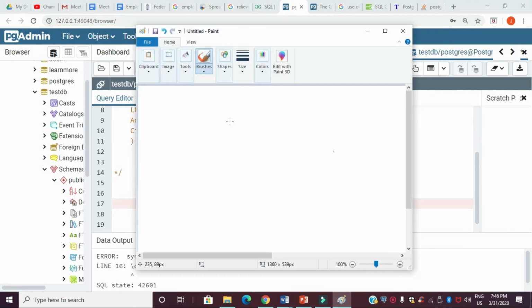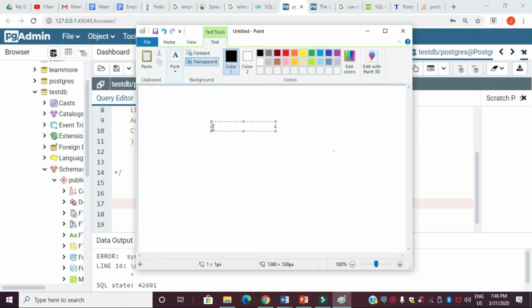Now you know how to create a table from scratch. But there is another way of creating a table. You can create a table from an existing table, either by copying all the columns to the new table or by copying selected columns to the new table. That means you have two different ways: copying all columns or selected.